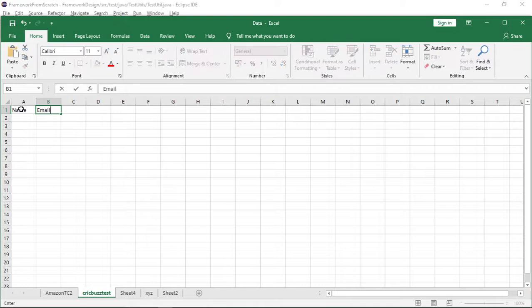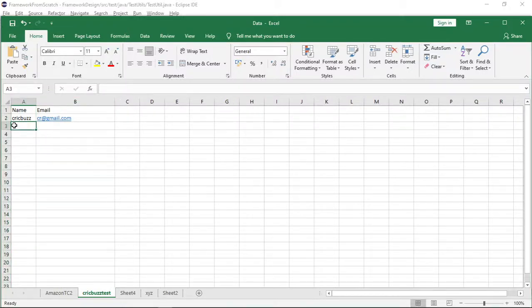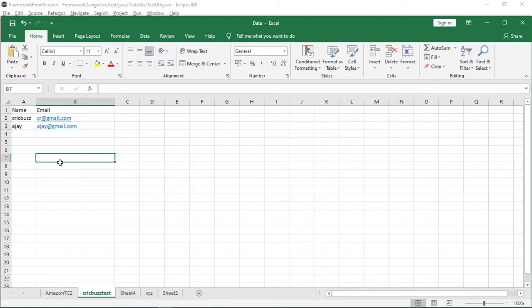Here it is cr@gmail.com, and here suppose Ajay. Suppose for this test case as well, you need to run this test case multiple times.